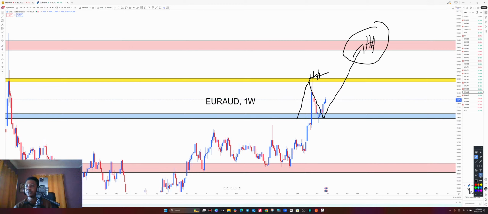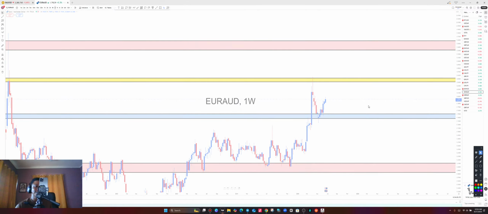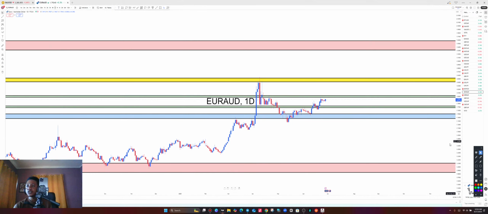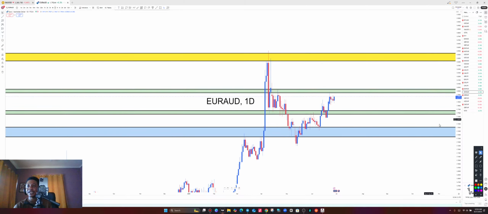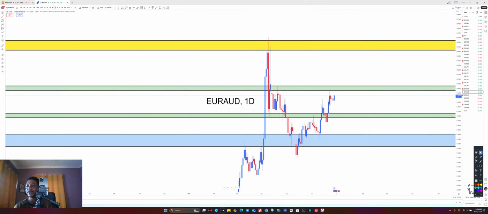So here, we are going to be looking for buying opportunities from this area to go all the way to the upside. How do we pick the buy? Let's consult again the daily time frame to add more meaning to this analysis. All right, so we are up again on the daily time frame. Let's continue. On the daily time frame, we have the daily upper and then the daily lower zone.